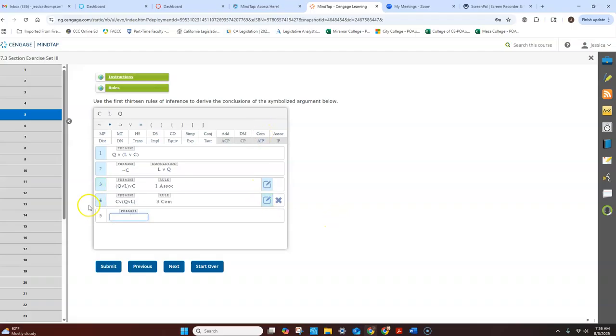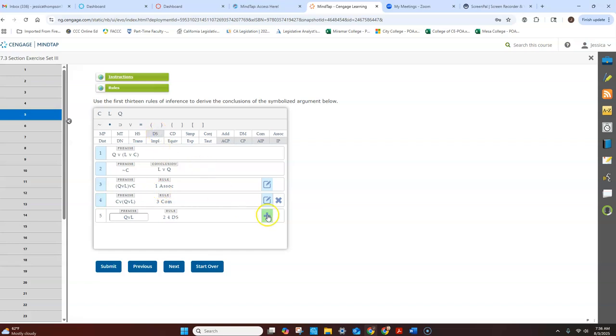Okay, bam. Now we can use disjunctive. See, isn't that aggravating? Now we can use disjunctive syllogism on 2 and 4 because we've got the C in the right place. So that leaves us with Q or L, and we use 2 and 4